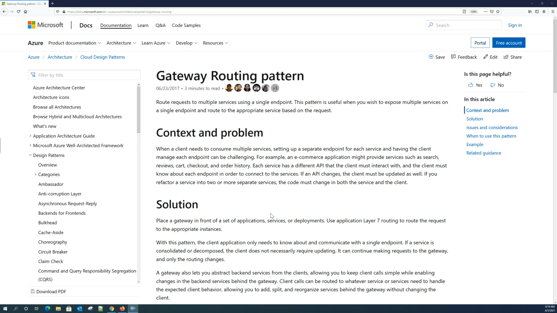Assume that you have an e-commerce application that contains a lot of different services such as search, order history, and many things, and you want to expose those services to the consumer application. It means the consumer application has to know about all the URIs and all the URL parameters and everything. So if there are any changes or any refactoring to those services, the change has to be done in both service and the client code as well. So this introduces some kind of maintenance issues.